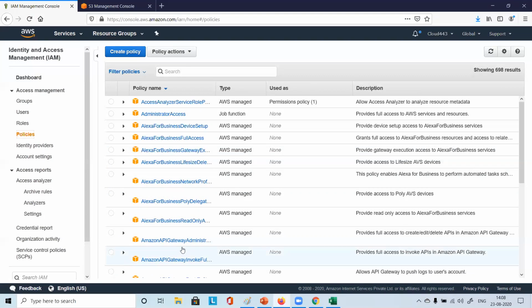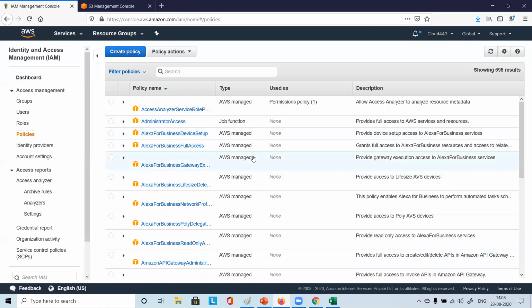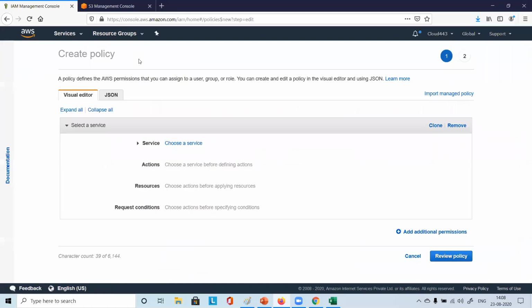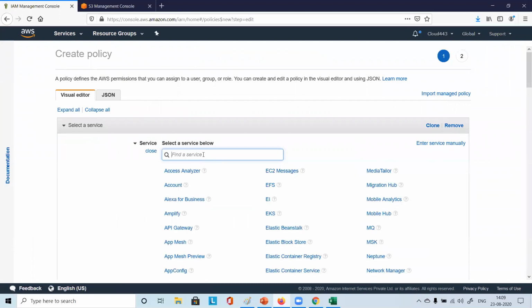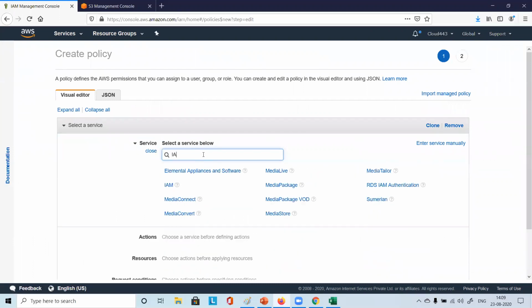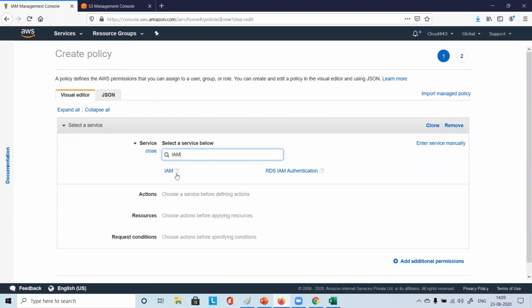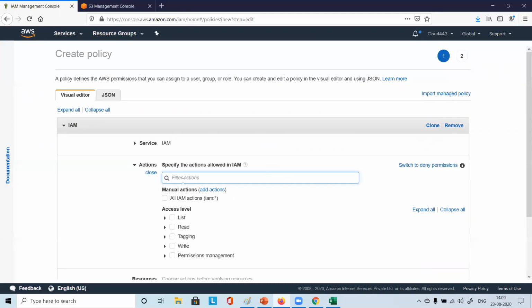So you understood the policy related concepts, how we can create and how we can attach the policies, right? Creation of policy is for customer managed policy, where you can click on create policy. You see the options, you choose a service for which you want to create a policy. You can say you want to create some IAM policy. You can just click on that IAM, so that service is selected.